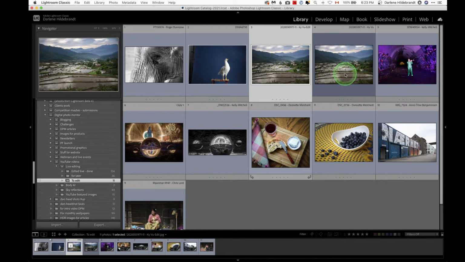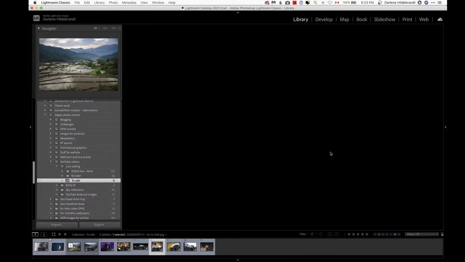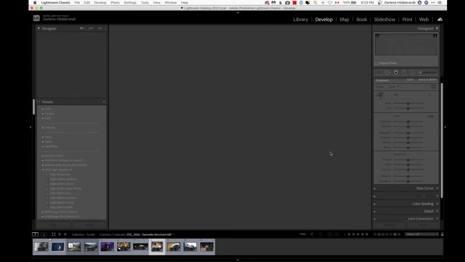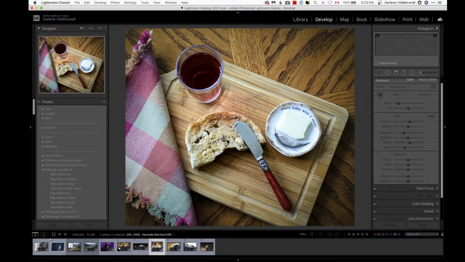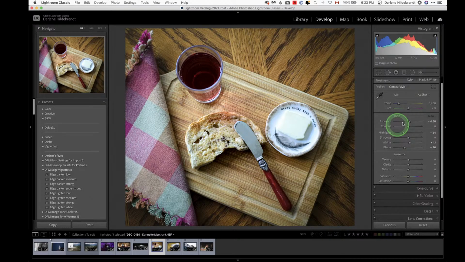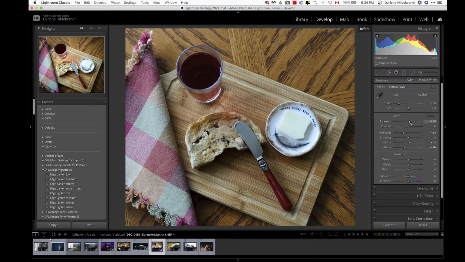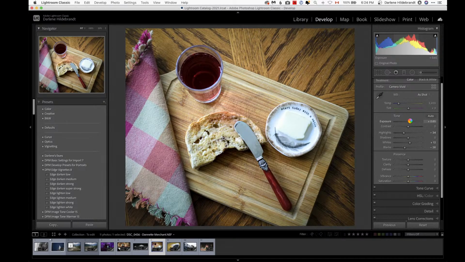Let's have a look at another image. This is another one I wanted to show, and this is from Danette, and I know Roger's here with his elephant, and he's eagerly awaiting that one. She sent me some food images, and I just wanted to comment on these really quickly. I just did a quick edit on this one, and all I did was brighten it up a little bit. Let's just see the original. I brightened it up a little bit, added a radial filter for that center to bring the center in brighter a little bit, edge darkening, and I cropped it quite a bit. So the original, if I just undo the cropping here,